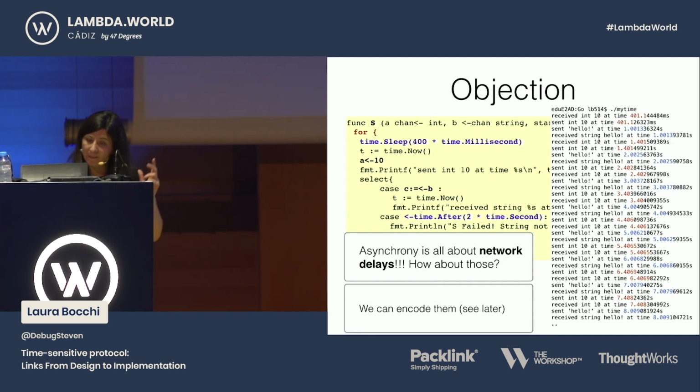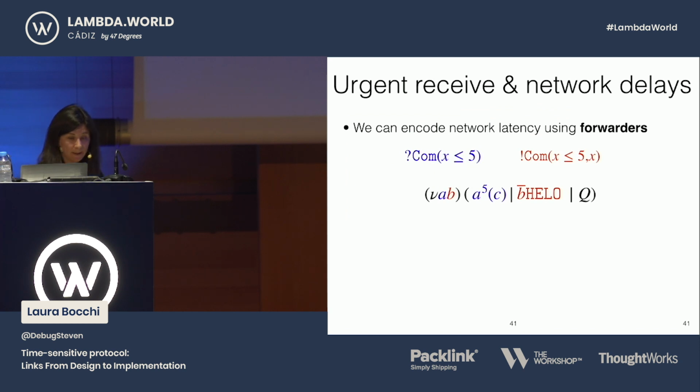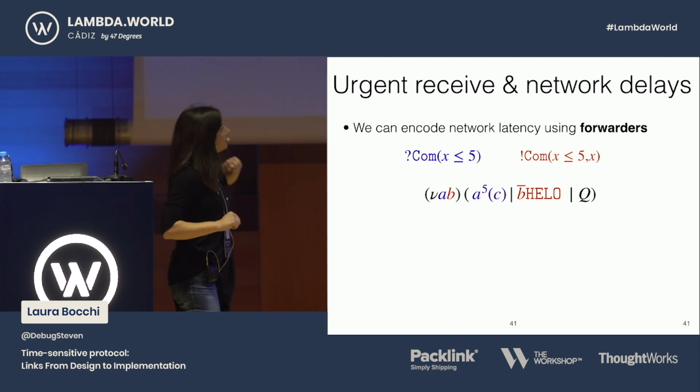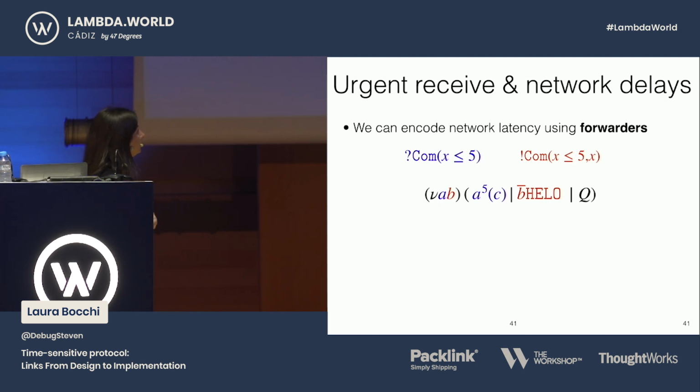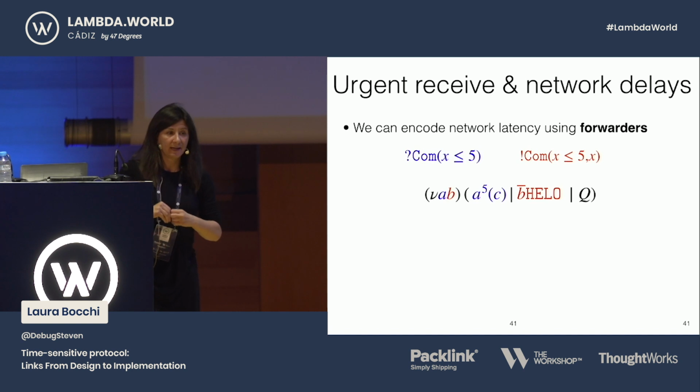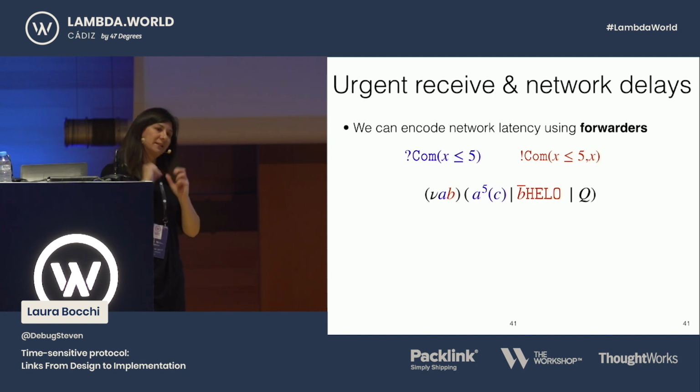And I mentioned that we can encode them by using the process calculus. So one way in which we can do that, let's see a simplified version of the snippet of SMTP where I have omitted all the continuations. We can encode a network latency using forwarders. So we can put some process in the middle just for the sake of type checking, and this process will